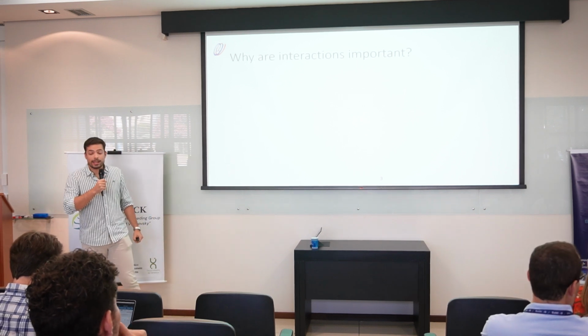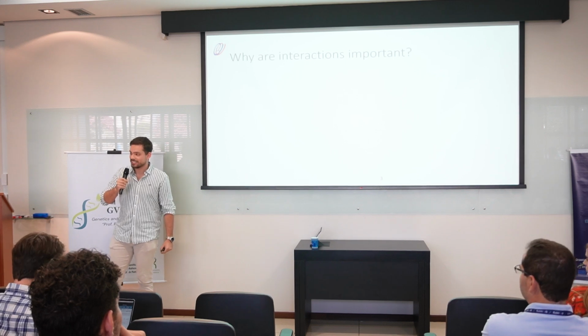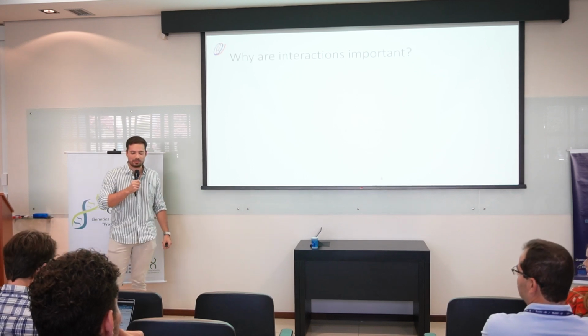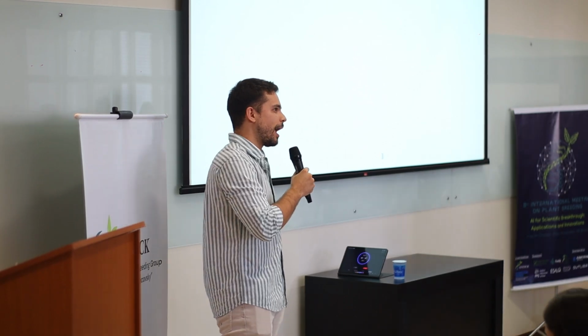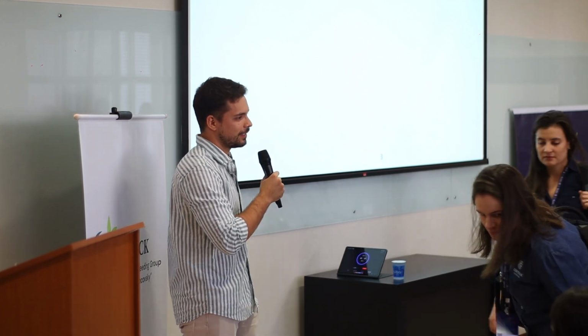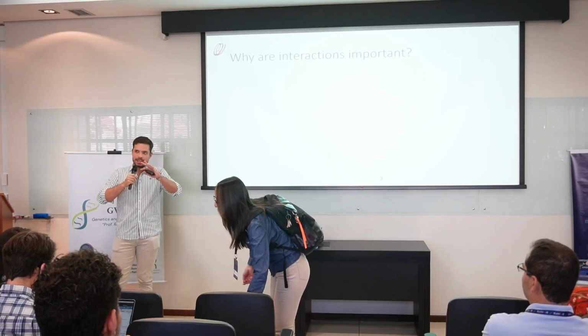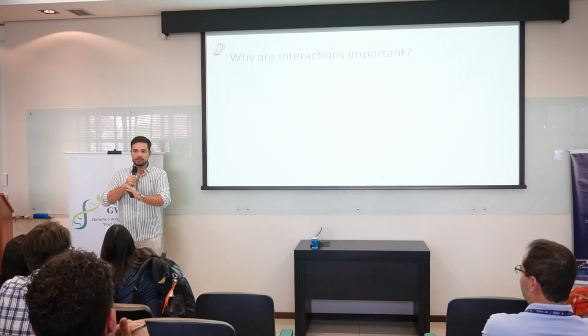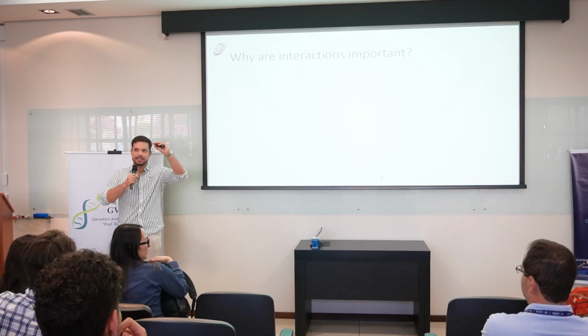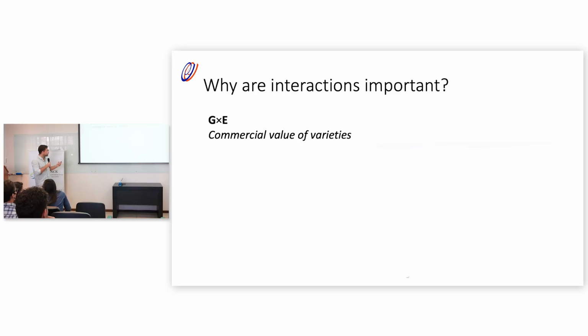On the other hand, Alex talked about growing corn in South Carolina, which is outside the Corn Belt. For that, he referred to selecting against G by E. I prefer to call it selecting for stability, meaning that we want to reduce that G by E term, but we want a line to behave similarly in all the environments, more than having one environment in which that genotype is really good, which is the superior. So yeah, G by E is interesting for the commercial value of varieties because we can improve the genetics, but what we are eating is a crop that has to be grown in the field, in the soil.